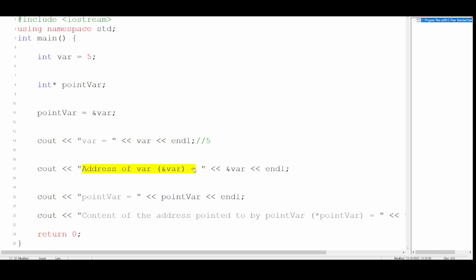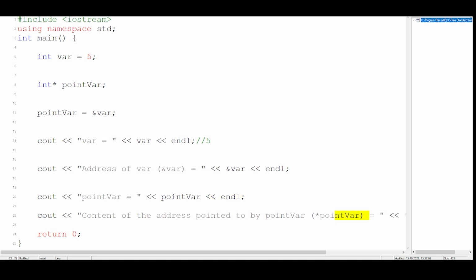Next is the address of the variable, so it will be a hexadecimal number. We're not sure about it. When we run the code, we'll see what random hexadecimal number comes. That is the memory location of this particular variable, where it is stored. Then I'm printing out simply the pointer variable. After that, I'm printing out the value which is inside the address. So this will give me the address, and this will also give me the address. Both are the same, because I have already stored the address of this in the pointer variable before. Then using the star pointer, I'm taking out the content from the address. So it should print 5, a random hexadecimal, then another address, and then 5 again.